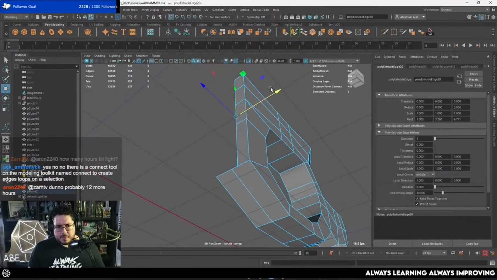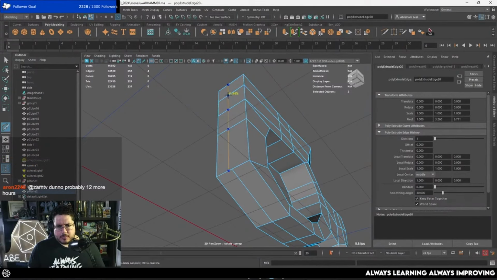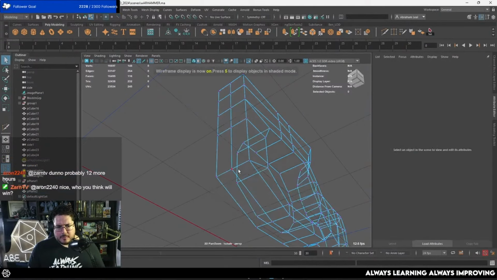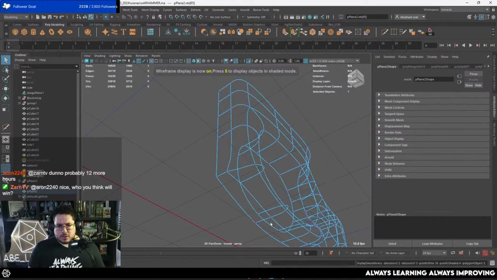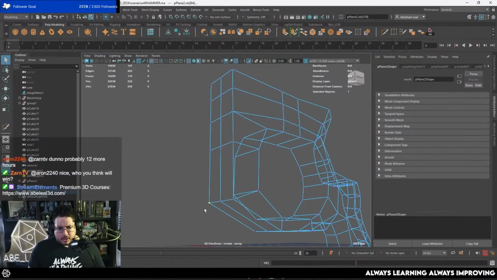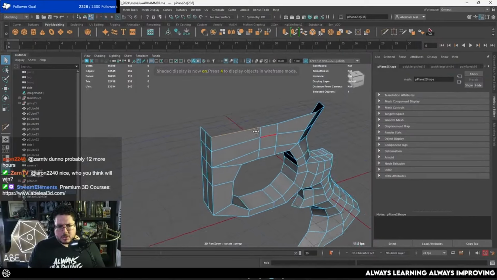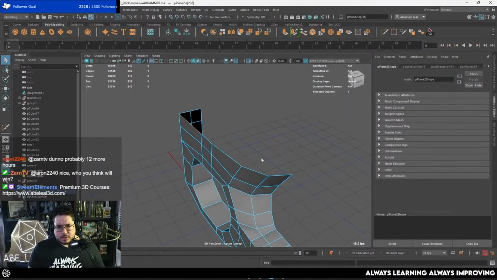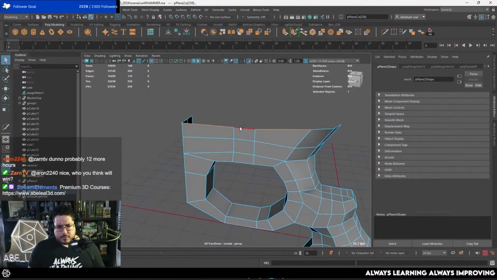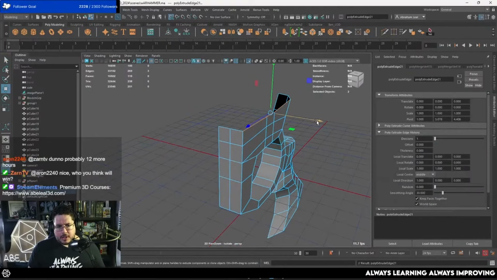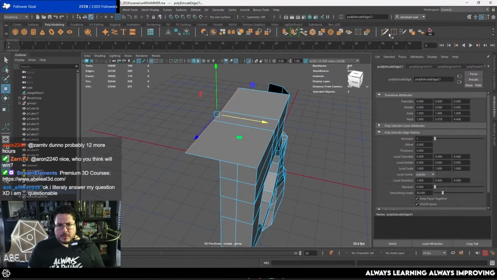Control E. There we go, and we add an edge loop right there. Whereas these two guys right here, we merge to center, and those guys we merge to center. There we go. And finally, again, just to close the box, let's grab these two guys right here. Control E. There we go, and we add